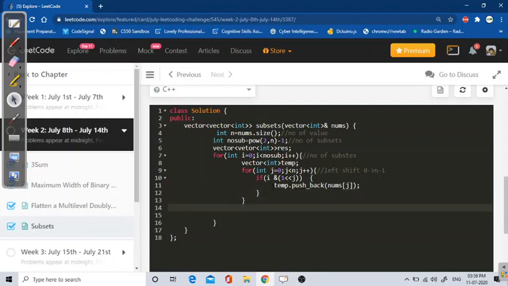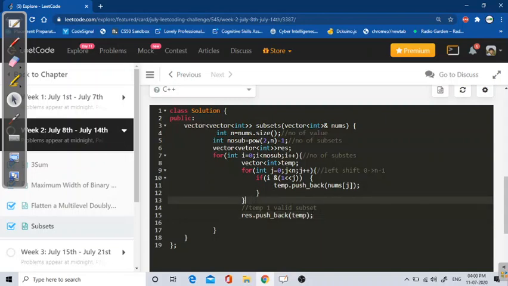And when I come back here, in my temp we have one valid subset, right? And every time I get a subset, I will store it in result, so I will push back the subset into my result vector.